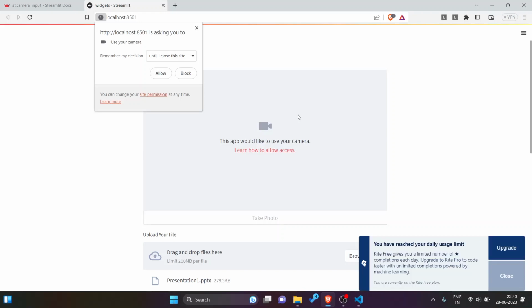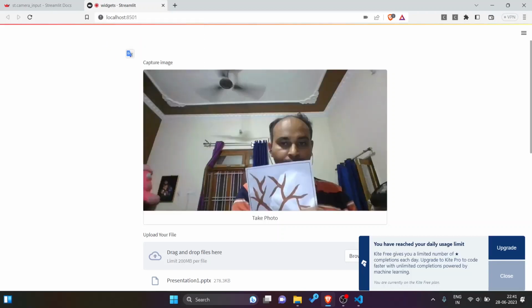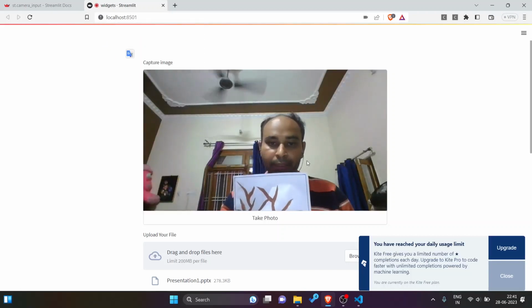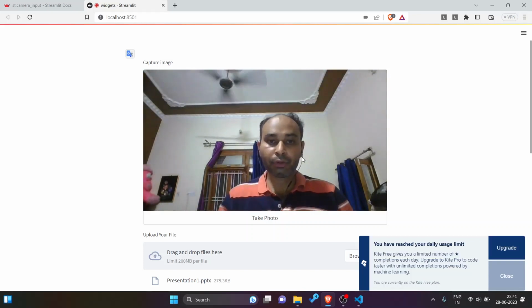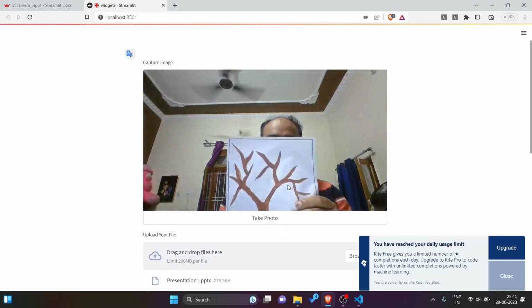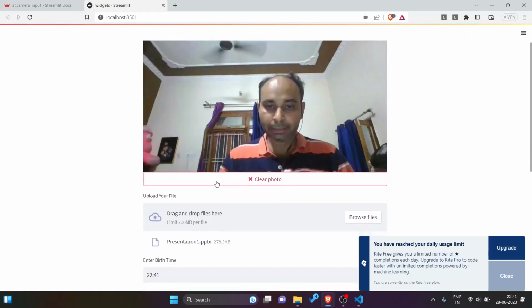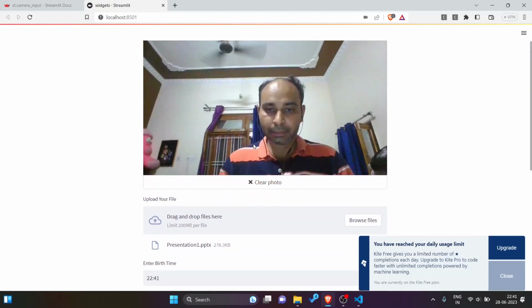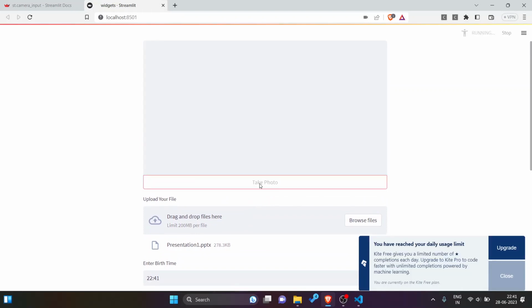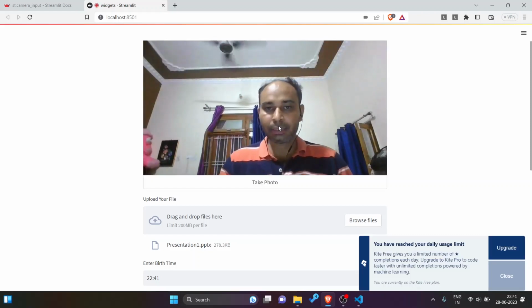So let me give you a demo of this camera input. I have allowed this camera input. So my photo is visible in my camera. I am clicking this take photo. This photo is captured here. I can clear it, then camera will restart again, take photo. So like this you can take camera input pictures also.